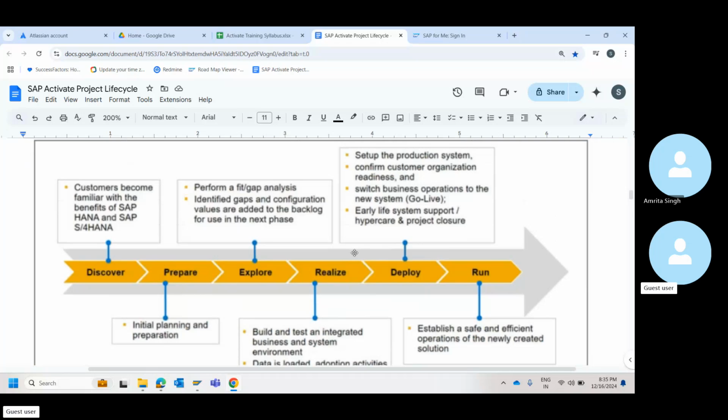Can you repeat this part, because this is ultra important. If you have to put Activate in a nutshell, it is this one. The methodology part of it. There are three things within Activate, and within the three, the Activate methodology is the crux. If you're able to explain this, because this will be one of your interview questions when you go for the position of SAP project manager, the first thing they'll ask is: what is the Activate methodology, what are the phases, and in each phase what will you do?